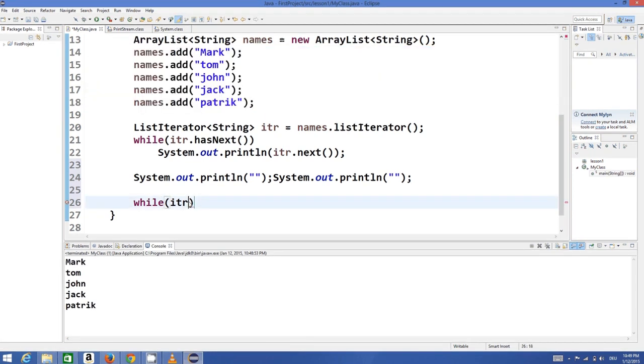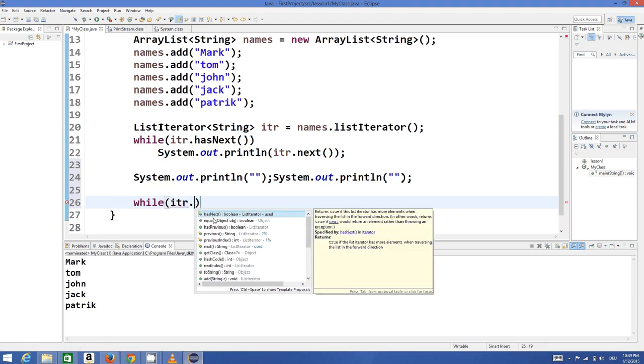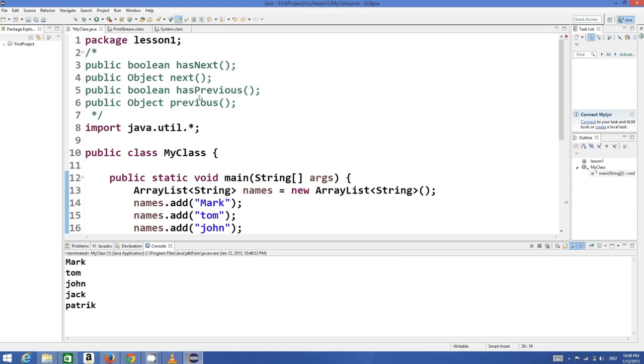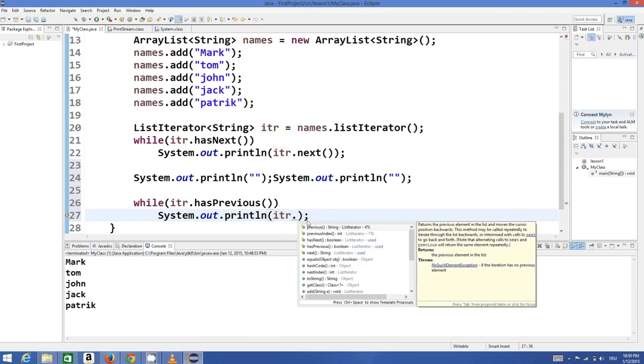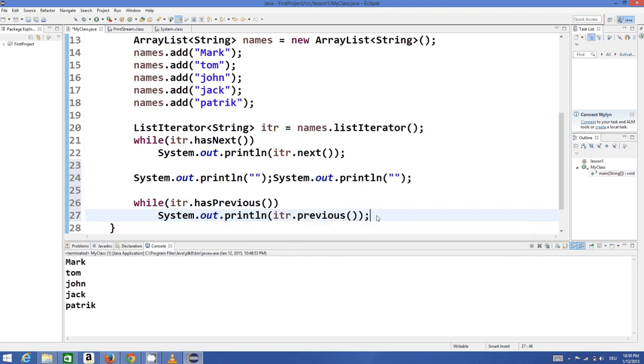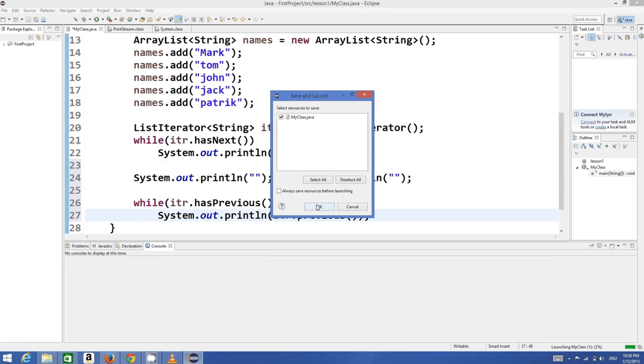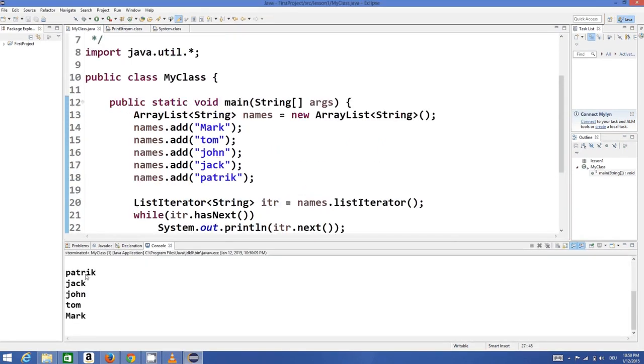So itr.hasPrevious, so search for hasPrevious, or just copy this hasPrevious from here, and then if the iterator has the previous value, we are going to print the previous value. So we can just write iterator.previous. Okay,